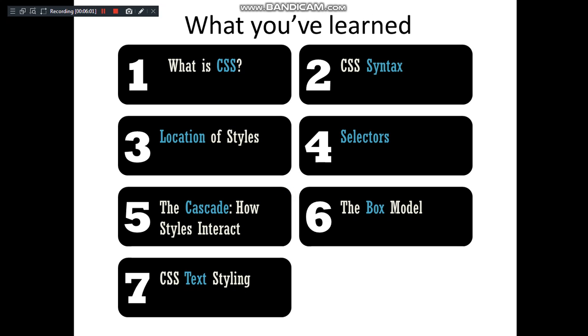So in this chapter we have learned what CSS is, its syntax, and the location of styles. Based on the location, you have found different types of CSS. Based on selector forms, we have seen different categories of CSS. We learned how conflicting rules are handled using the cascade property of a style sheet, and why we call it a cascading style sheet, in the fifth section of this chapter. Then we have seen what the box model is and what properties come under the box model, and last but not least, we have seen text styling.